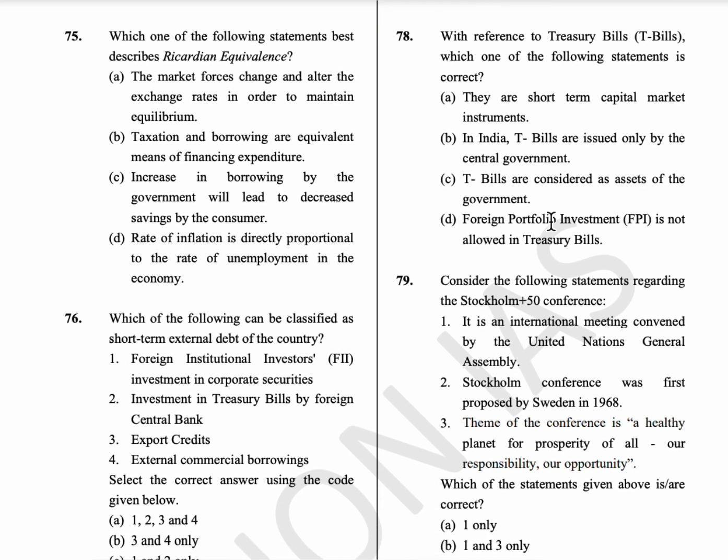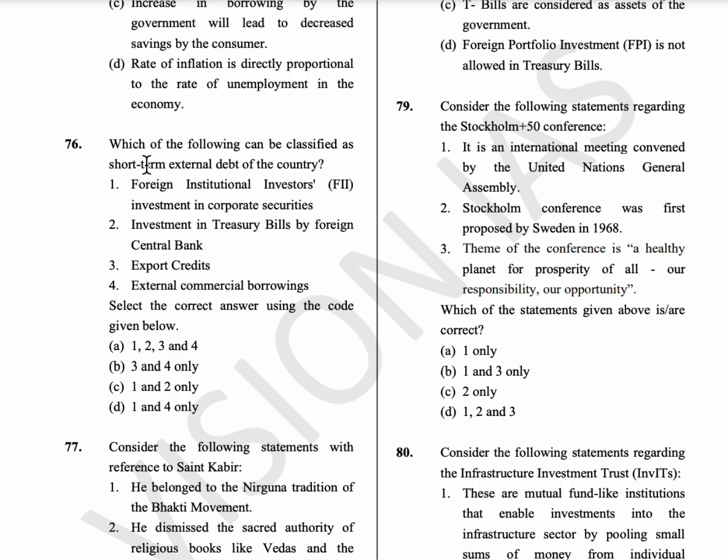75th question, which one of the following statements best describes Ricardian equivalence? So here the Ricardian equivalence is an economic theory that says that financing government spending out of future taxes will have equal effect on overall economy. Okay, so taxation and borrowing are equivalent means of financing expenditure in simple terms. Okay, so option B. 76th statement is which of the following can be classified as short-term external debt of the